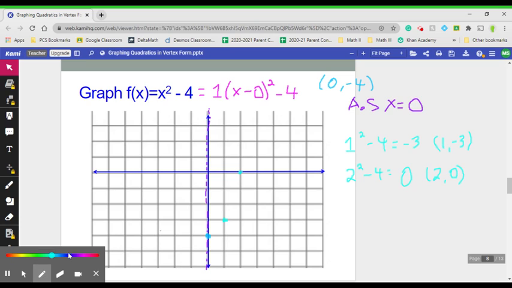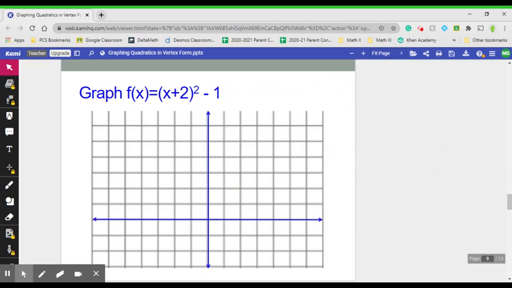And my last step for this problem would be to graph the reflection of these points. So my bottom point would reflect to this red point right here. My top point would reflect to my red point right here. And then I can draw my parabola through all 5 of these points semi-accurately with my mouse. And that is the graph of f of x equals x squared minus 4 using vertex